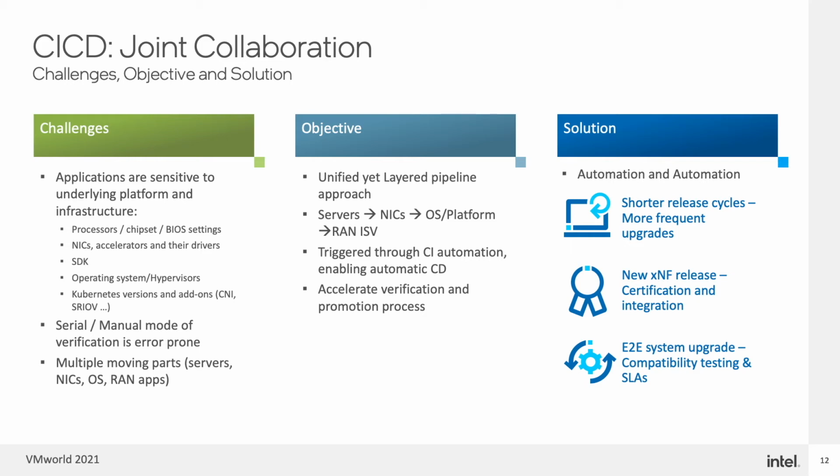So the way we do it today is in the Intel labs, we give them the GA code of ESX, and they check whether they have the newer versions, their upcoming in-development FlexRAN, as well as the driver components, or even the hardware for that matter. They keep one part constant, rev the other, and make sure that it is working to our expectation. A replica of that is also set up in our labs, where we take the standard FlexRAN components, bring in our in-development code, validate whether both are working together, and if so, promote them to the next level.